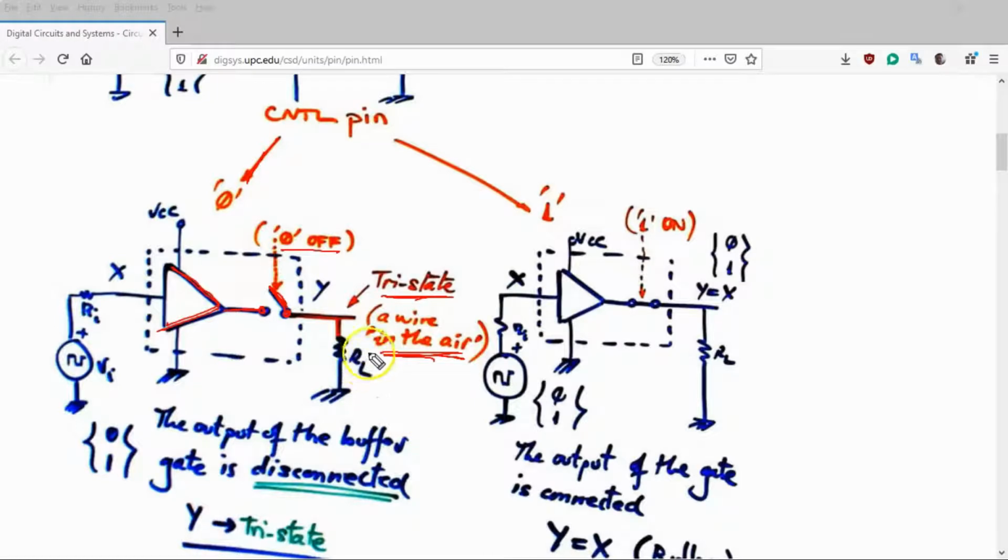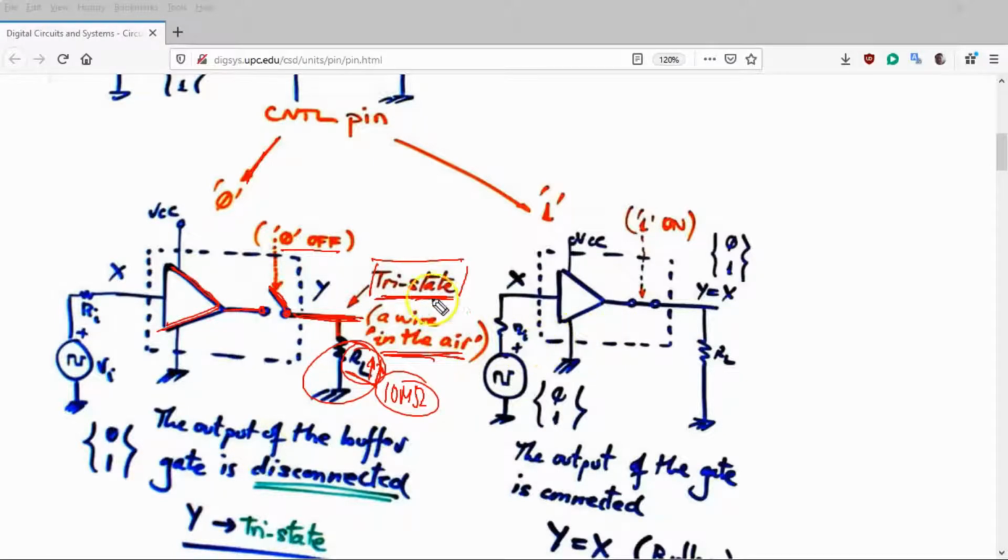Well, here we have represented that connection using a high value load, but it is very possible that here you have, I don't know, 10 megaohms. So this is really a wire completely isolated from the rest of the components in the circuit. So this is what we call three-state, and that idea is going to give us the opportunity to invent many more